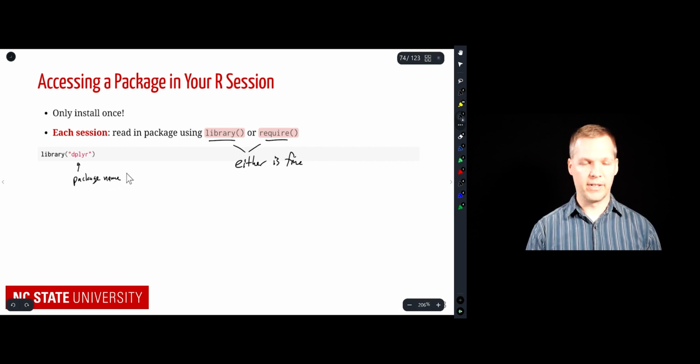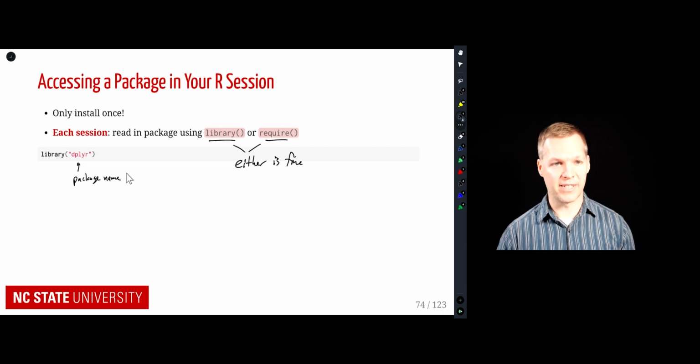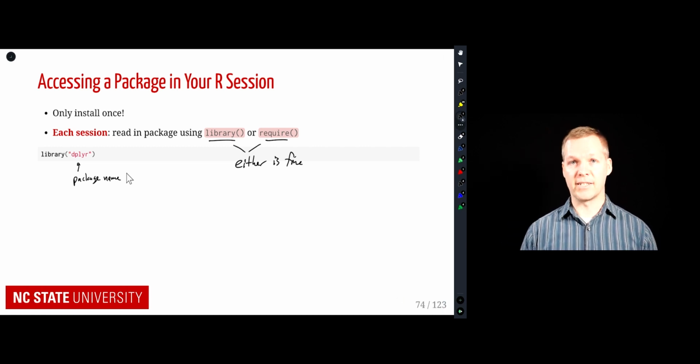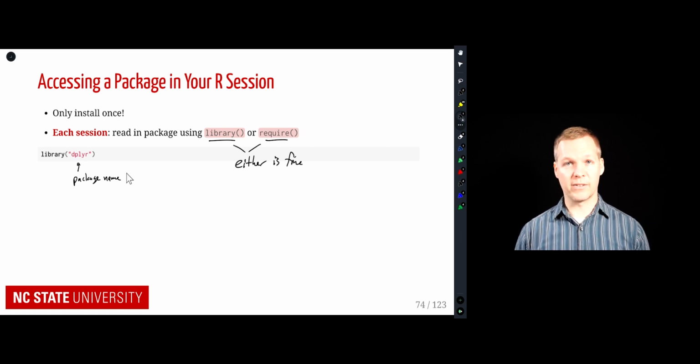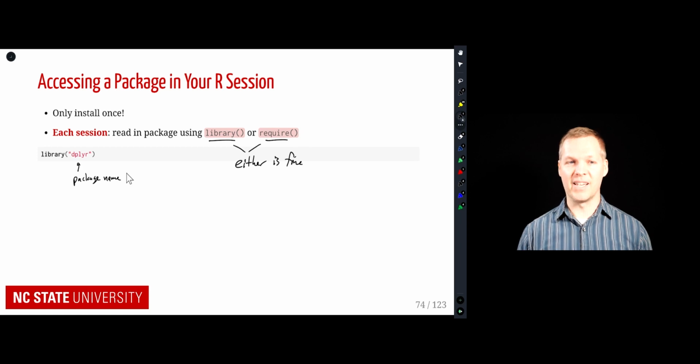I have a friend who teaches the same kind of stuff, and he likes to use this analogy that installing a package is like shopping for clothes. You're going to buy your clothes once, so you only need to install once. But each day that you want to wear those clothes, you need to put them on. And so